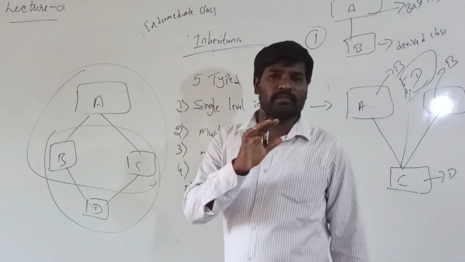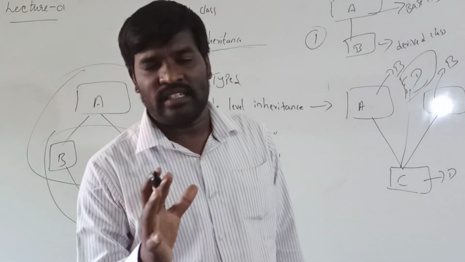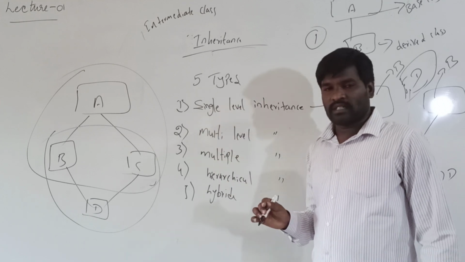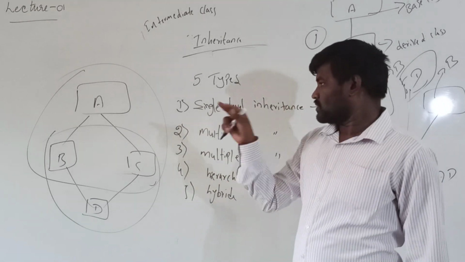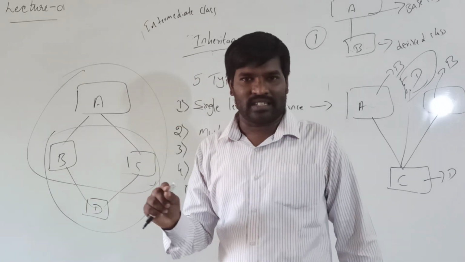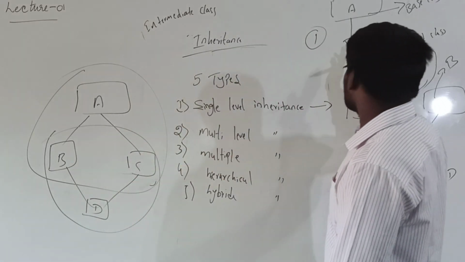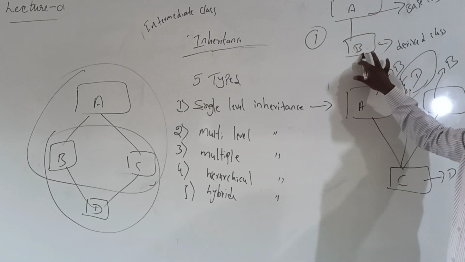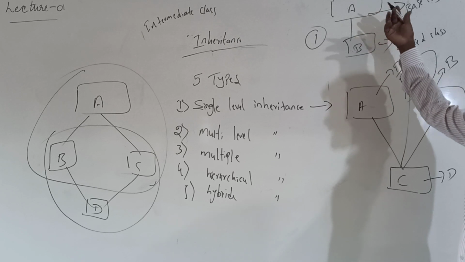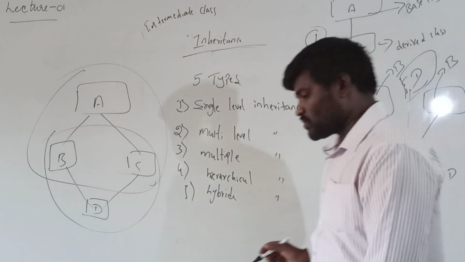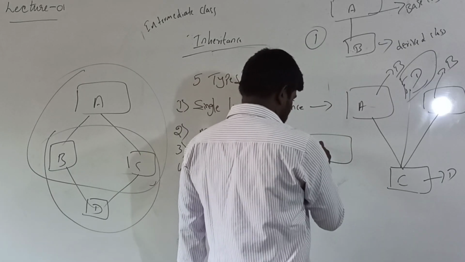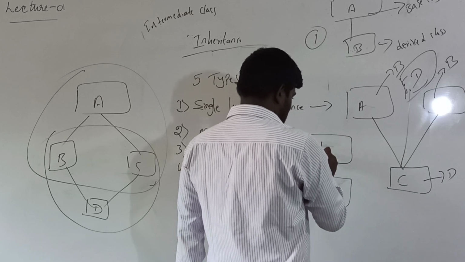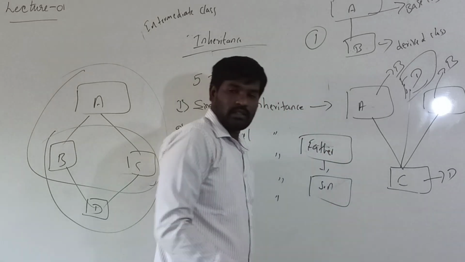In the examination, they may simply ask what is inheritance and to explain the types of inheritance. But the definition is very simple. First you can write a one-line definition. After that, compulsorily draw the diagrams. You can write any example. Here I can mention A and B. You can mention any character, or a person, or for the first you can consider father and son.